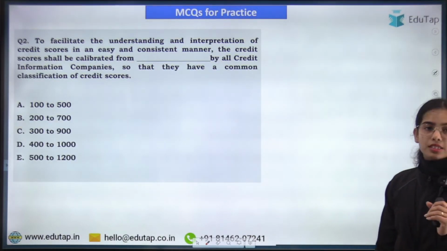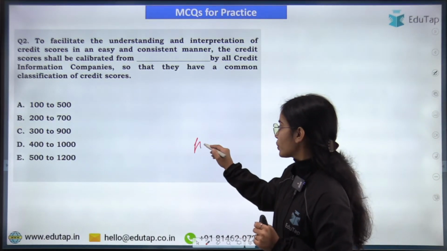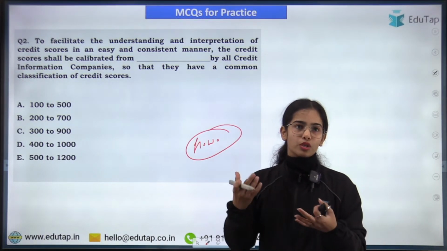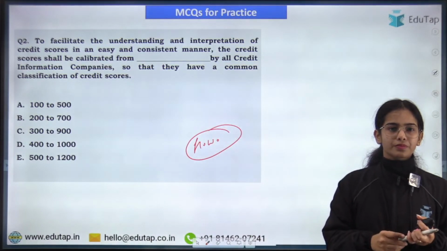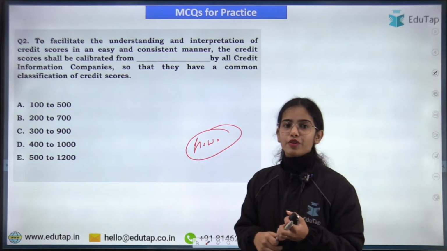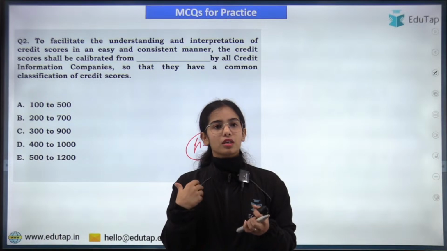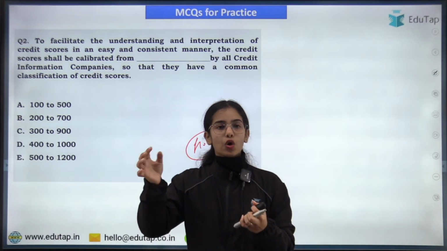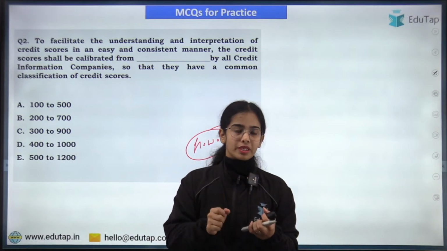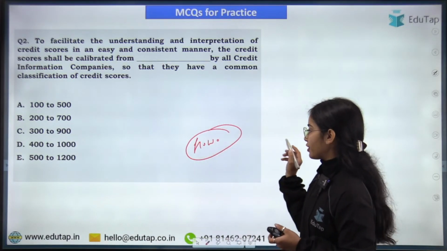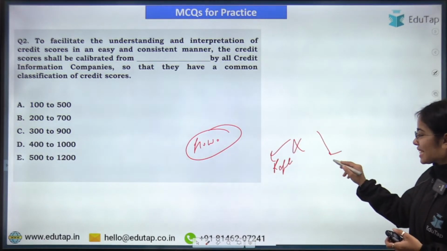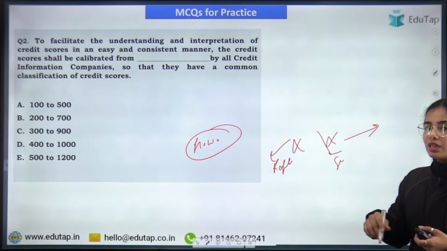Okay. Now this is the second question. This is the second homework question. So directly the data points are important, so you should focus on that. Okay. If you are not satisfied with the answer, you can raise your complaint with the CIC itself, or you can also go to the RBI Ombudsman. Okay, because if you have not got the reply, or if you are not satisfied, then you can go to the RBI Ombudsman.